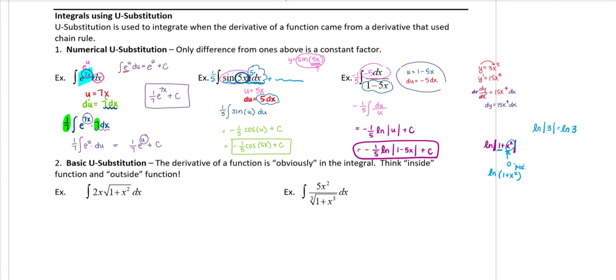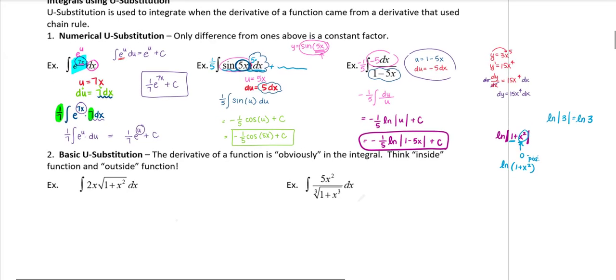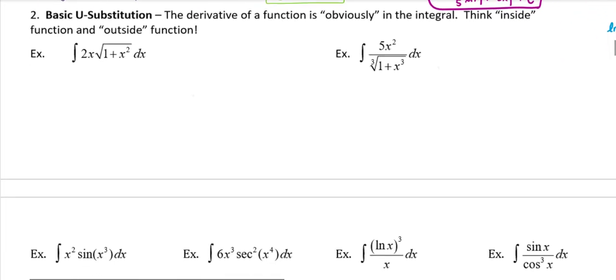Hi, and welcome to a video for a Calculus 2 course at the beginning of the semester where we are reviewing U substitution integration. This is a video that's in kind of a series of videos, just getting you ready for all the integration you're going to see using U sub in your Calc 2 course.